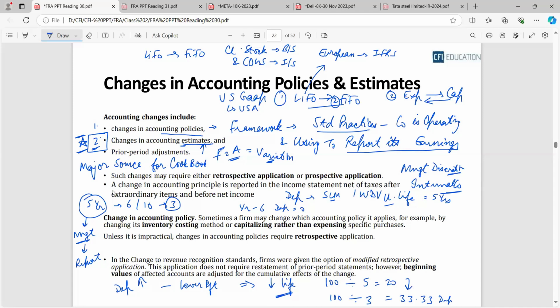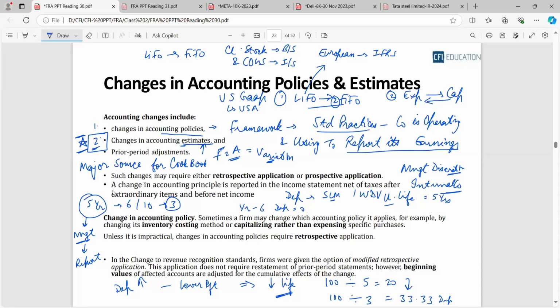So this is the best example I can give you of a change in accounting estimate, but there can be n number of examples. Whenever any question comes in the exam, the best way to solve it, to decide whether it is an accounting estimate or not, is to think whether management can change all of these things or not. If management has an upper hand in changing all of these, it's a management discretionary activity. So yes, it's somewhat a change in accounting estimate.